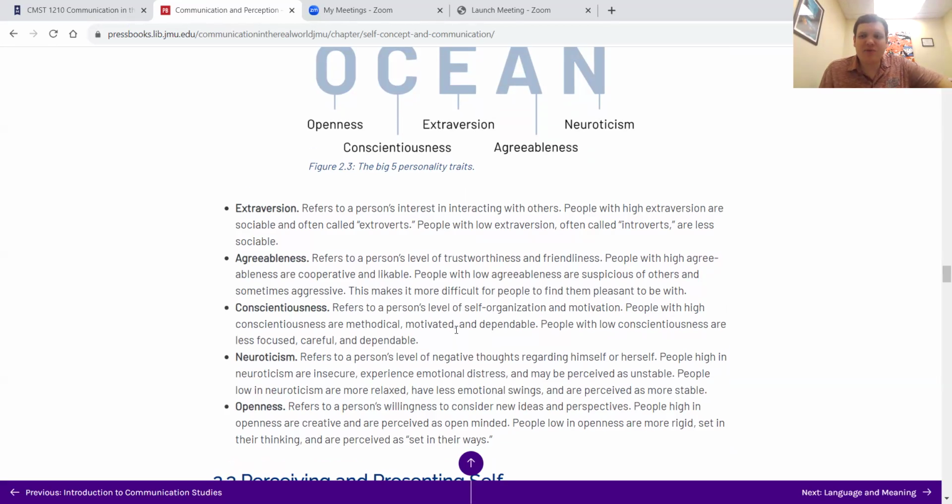My best friend's husband is very high in conscientiousness, very organized, wants to be polite with people. And my friend is less focused. She has ADHD, right? It's just ADHD and conscientiousness don't go well together. So she's less focused, but she's very fun. She may be late to things. So again, that's part of conscientiousness too. But she's still dependable. So again, how we're interpreting these. And so again, that's perception. How do we interpret something and how do we say what we're interpreting? Even a textbook has some bias in how it's framing things.